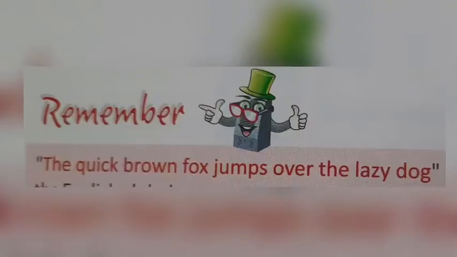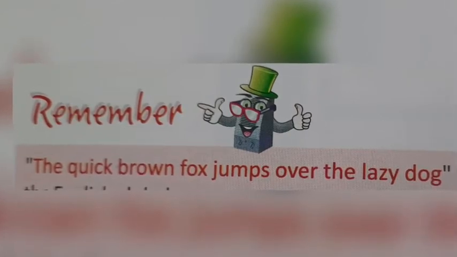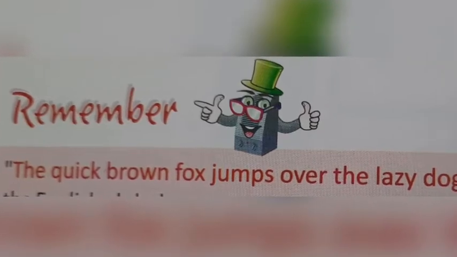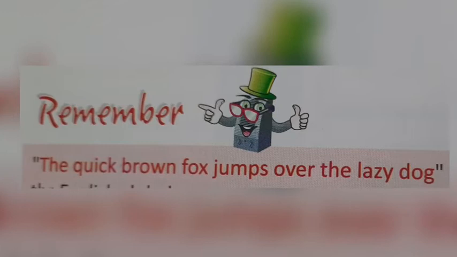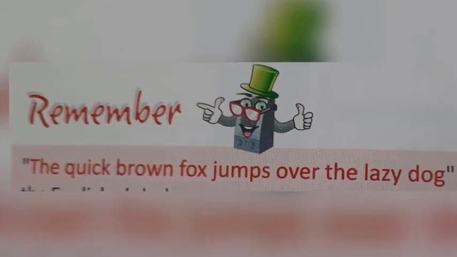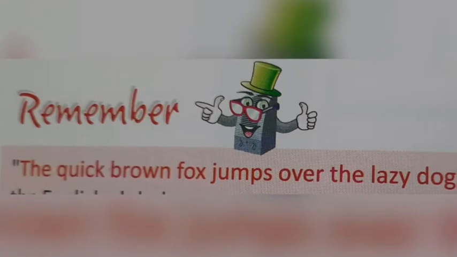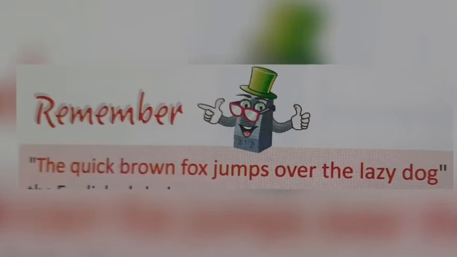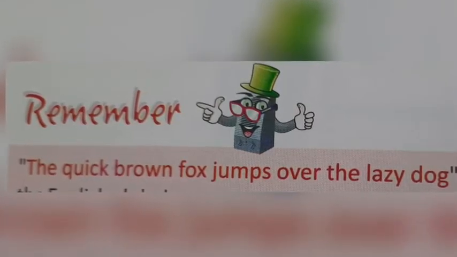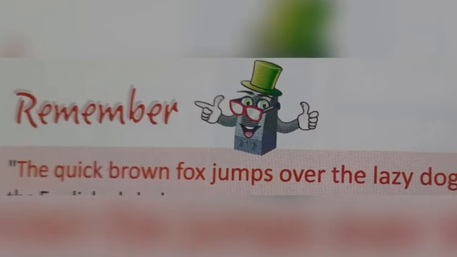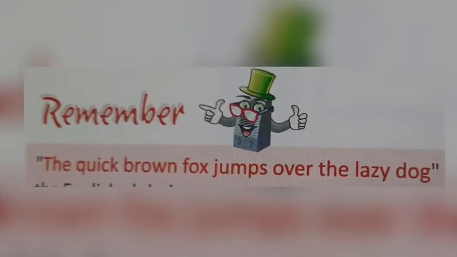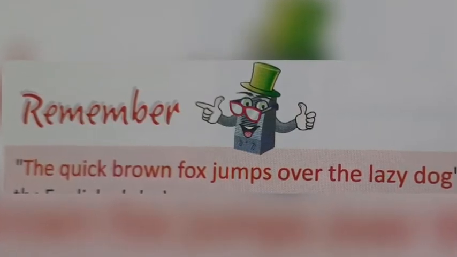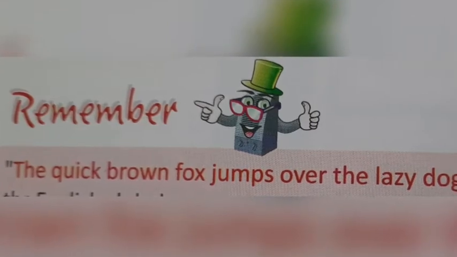See, you can see here one sentence written. The quick brown fox jumps over the lazy dog. Children, it is a phrase. It contains all the letters of the English alphabet. You can see it properly, observe it from A to Z. All the words are included here. So, the quick brown fox jumps over the lazy dog. You have to type this sentence again and again on your keyboard so you can practice.